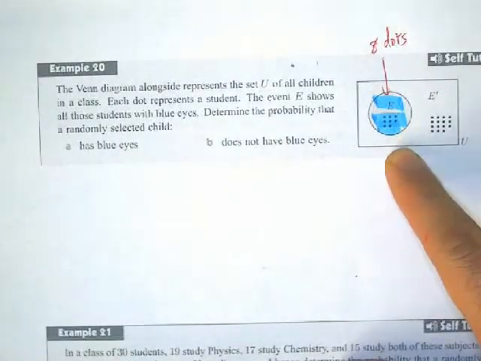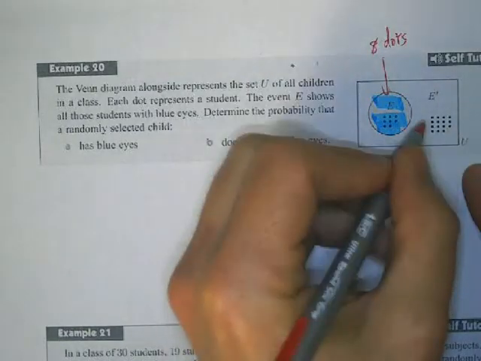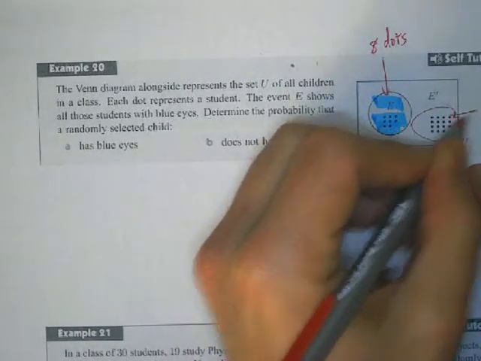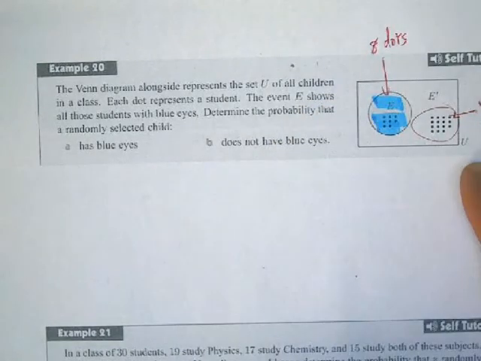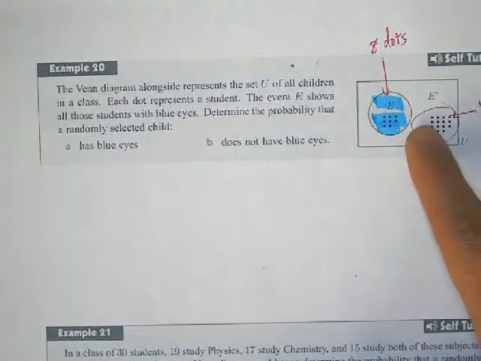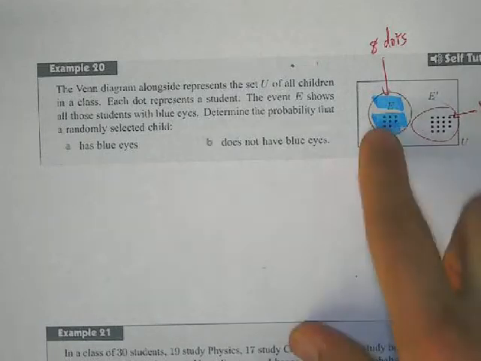Okay, how many dots are here? There's 15 dots, right? So each dot represents a kid. So if there's 15 dots here and 8 dots here, how many students are there in total? Well, 8 plus 15 is